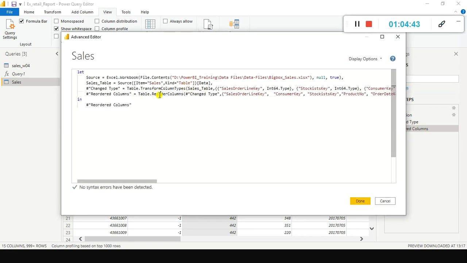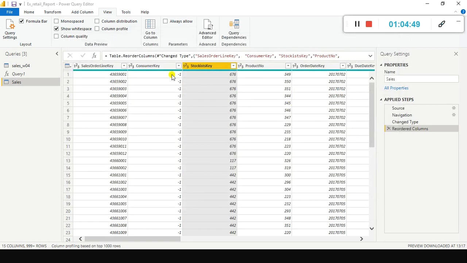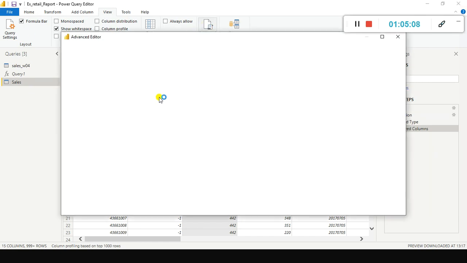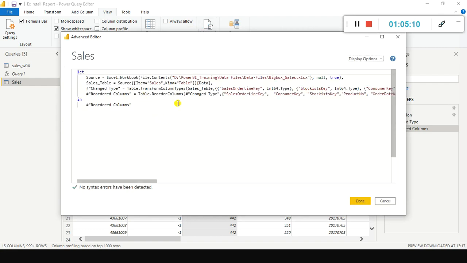So now the question is, how do I know the function name, reorder columns? How do I know that, right? So for that, simply you do some kind of trial and error. Just drag and drop some column, and then go to advanced editor, and then note down the function. Okay, and then drag and drop it to the previous position, and whichever column you want to change the order of, you can go ahead and change it here in the reorder columns function.